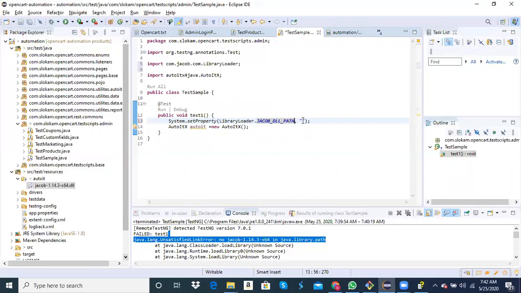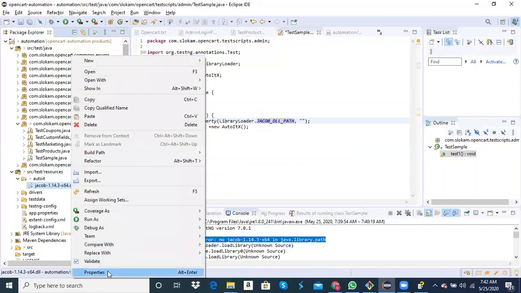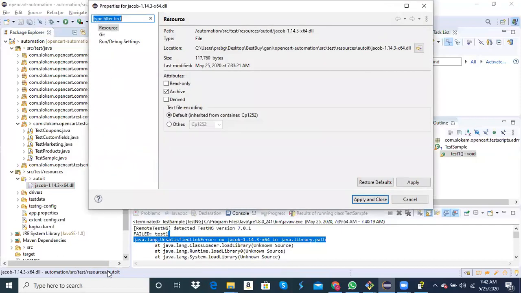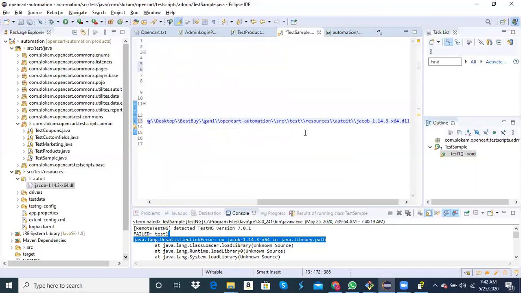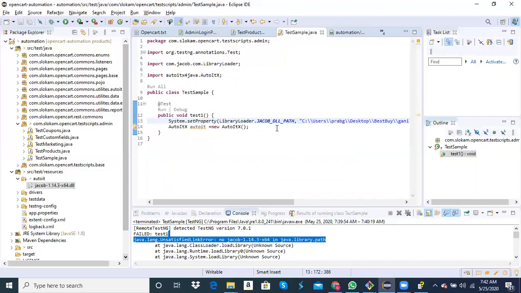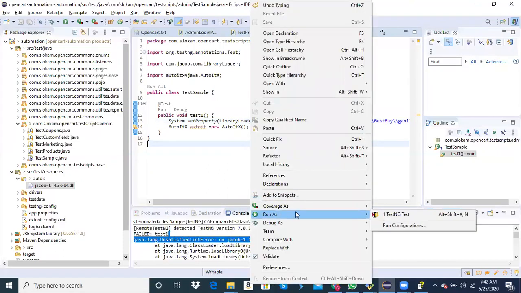Now the path, see, the path is a very important thing here. You can use two kinds of paths. One is an absolute path, another is a relative path. So this is your absolute path. If I give the absolute path, there is no problem, it works fine. Let me copy that. Whenever you copy that inside the double quotes, one slash will become two slashes. So right click, run as